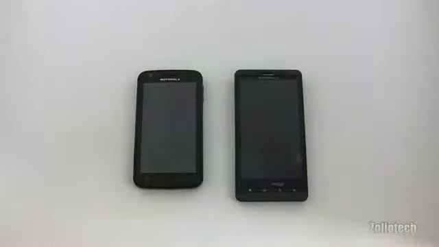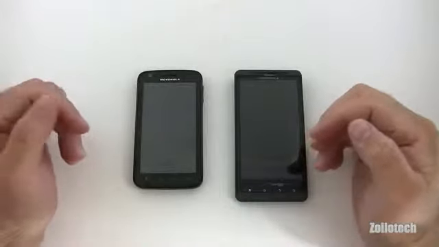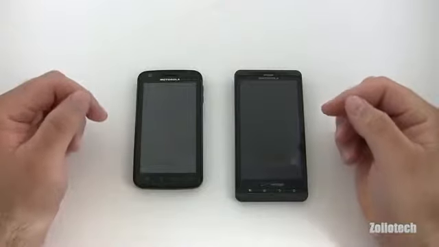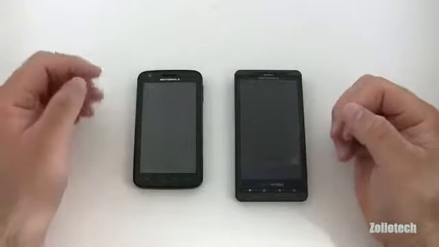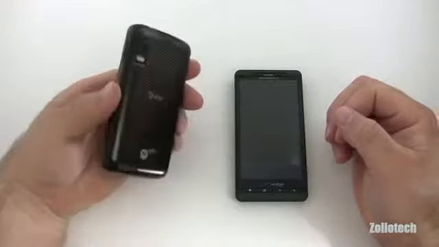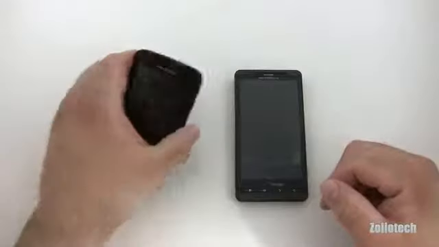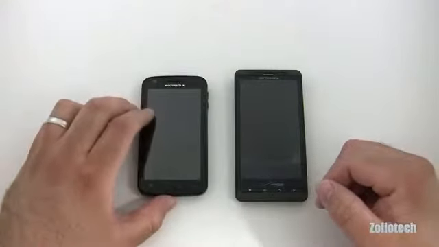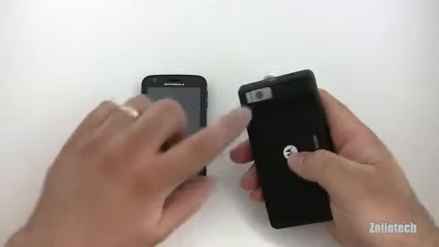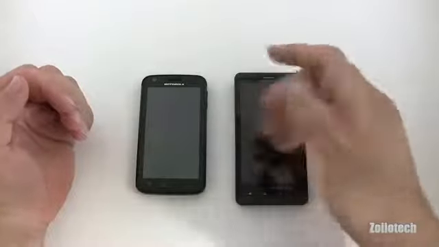Now that we've talked about the design and what each phone kind of feels like, let's talk about the specs. As I mentioned before, both phones have an NVIDIA Tegra 2 processor with dual 1 GHz cores in them. We also have the cameras, like I mentioned before, 5 megapixel with dual LED flash, 720p video. We also have a VGA or 0.3 megapixel forward-facing camera on the Atrix. On the Droid X, we have an 8 megapixel dual LED flash, 720p video recording, and no